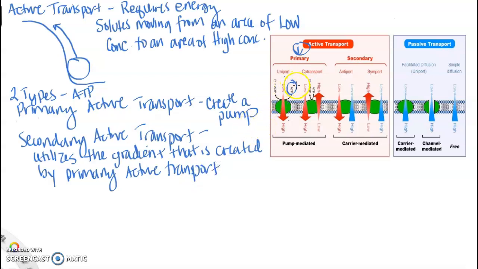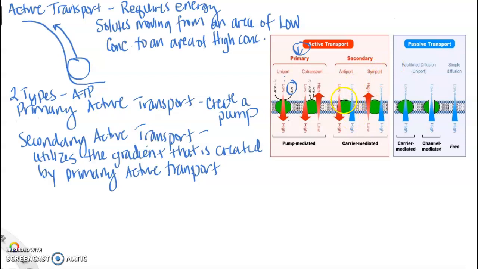So what that means is as the pump is pumping this stuff against the gradient, the amount of solute where it's going is getting higher and higher. So if it diffuses, it's going to diffuse in the opposite direction from high to low. But the more solute is in that area, the faster it's going to diffuse across. And when it diffuses quickly across, it creates an energy. And it will carry